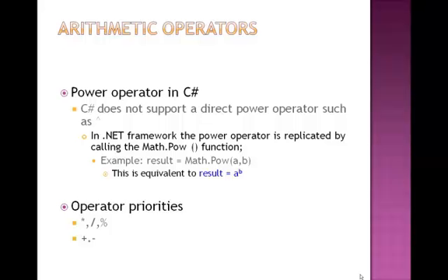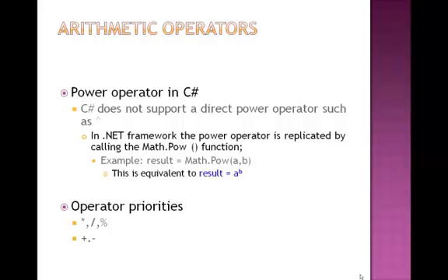If you were programming in Visual Basic, exponentiation, or the power, would be the highest priority, then multiplications and divisions, then integer divisions, then modulus arithmetic, and finally addition and subtraction. But in C#, there are essentially two levels of priorities. The first priority is multiplications, divisions, and modulus, and the second priority is plus and minus, or addition and